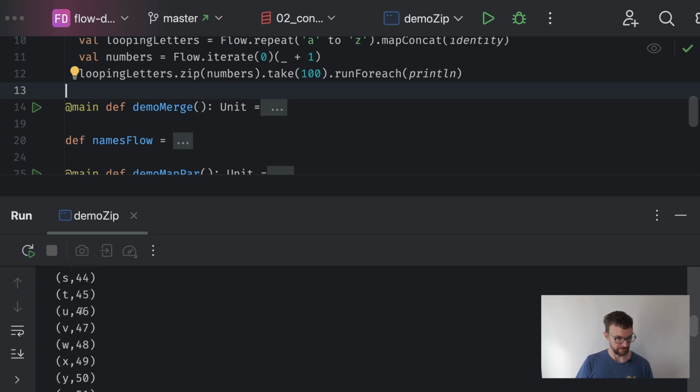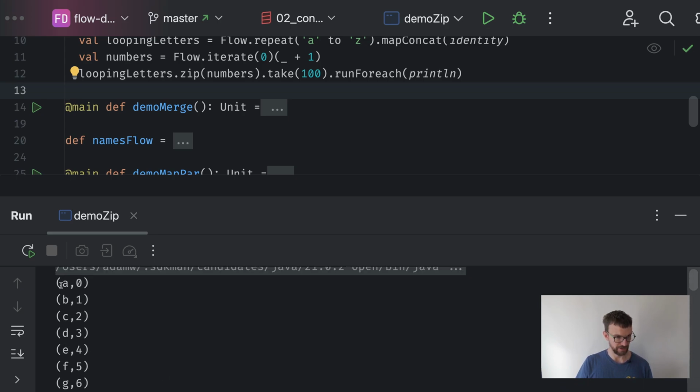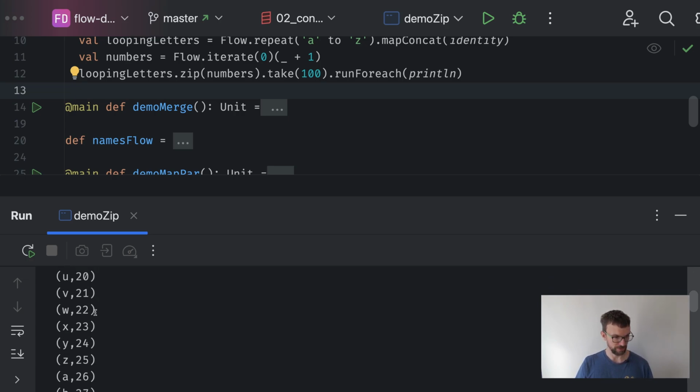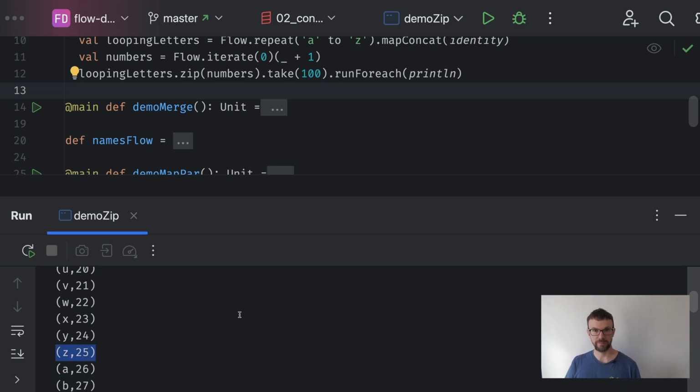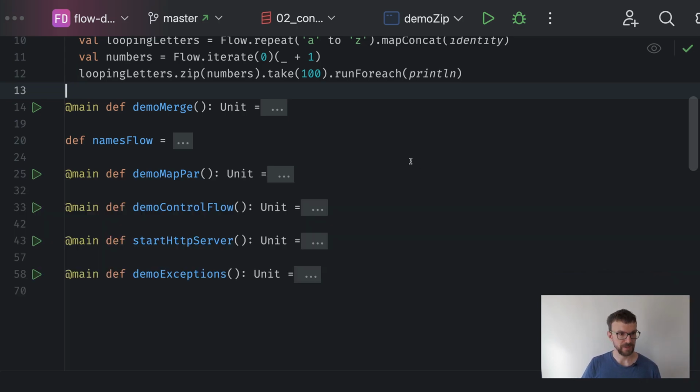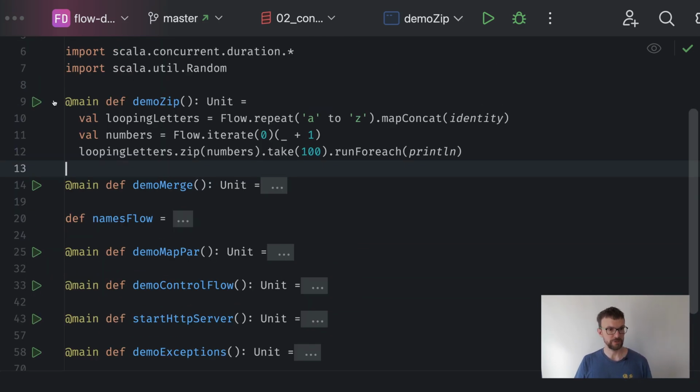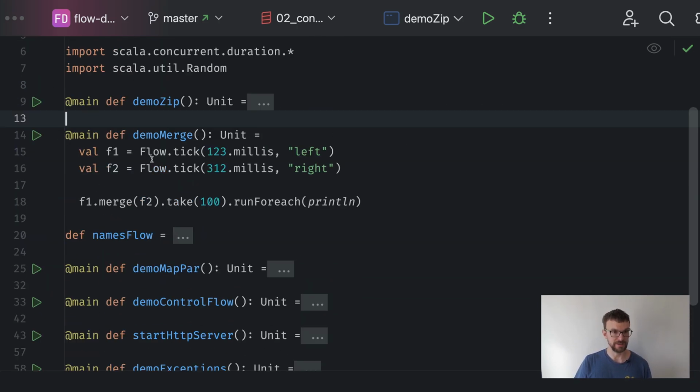So if we go up over here, you can see that we've got A with the number 0, B1, and so on, and at some point this will loop over and we start from A again, right? So there are 26 letters in the alphabet as expected. So that's one way you can do concurrency. Another way is merging two flows, right? So that's actually in the implementation of merge, where the select operation is useful from the channels